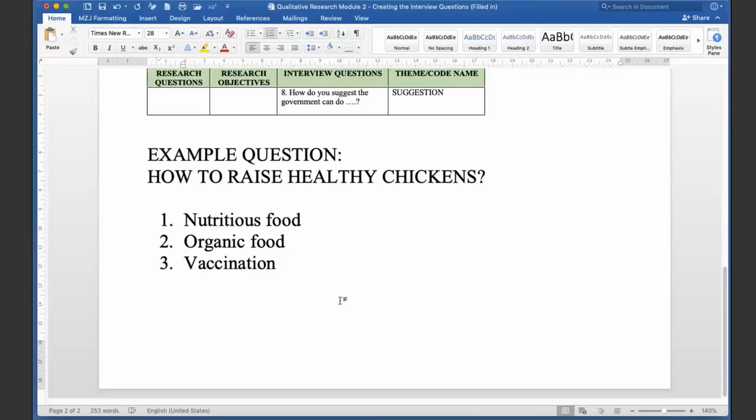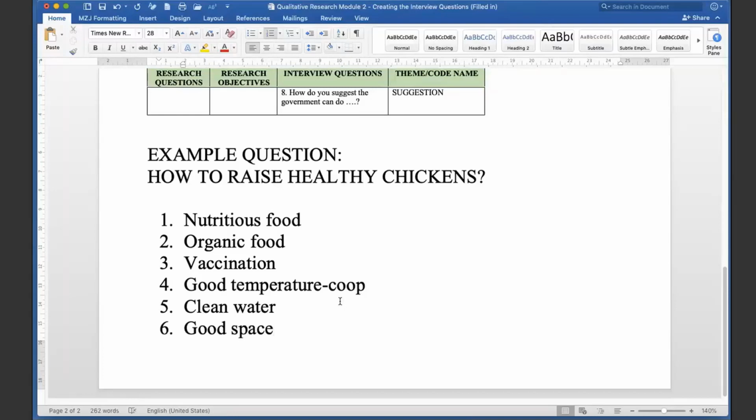Luckily, I read it as chicken coop. Chicken coop must be at the right temperature. Okay. Good. Temperature for the coop. Okay, good. All right. Now, can I ask, clean water is also good. Good space. Okay, good. Now, I want to ask these friends, Ainur Rahma, Baya, Razan, Rozia, Romzi, as well as